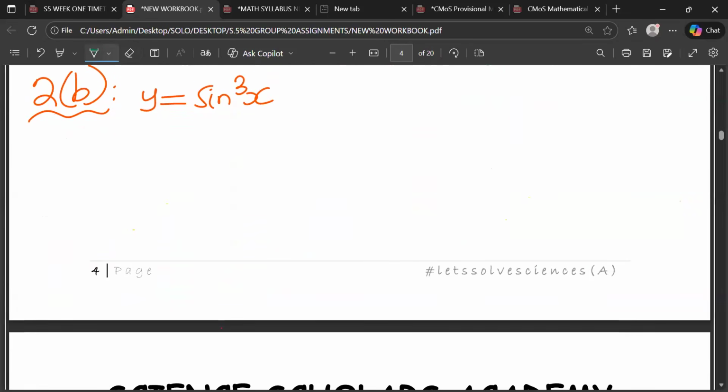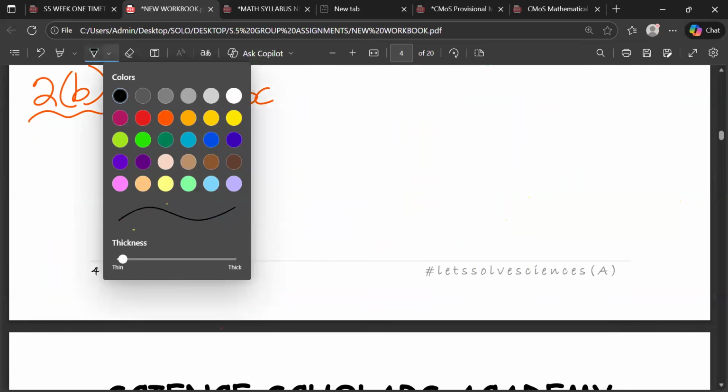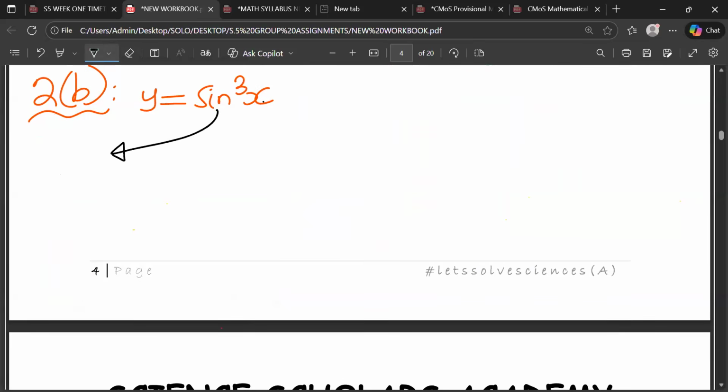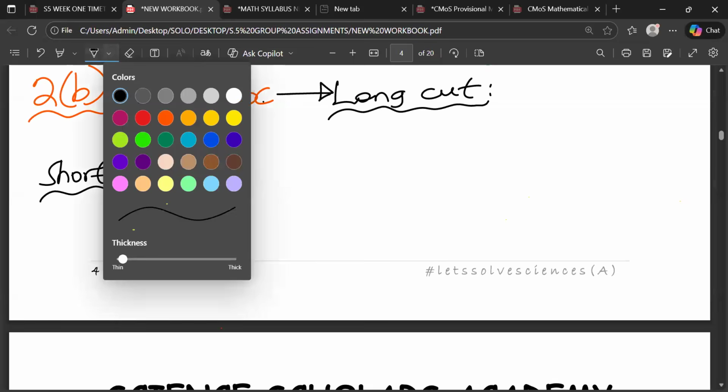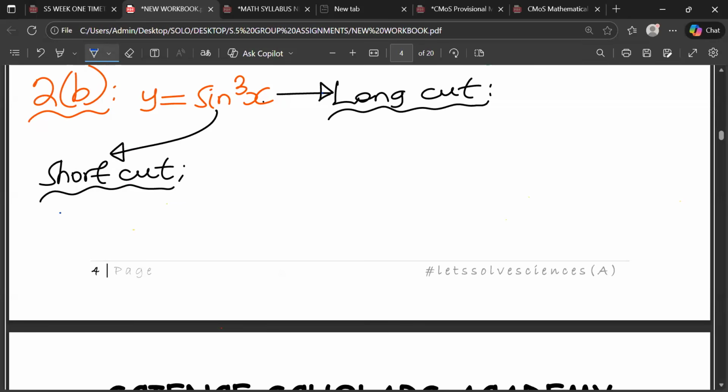Okay. Now, for this number, I want us to use this part for the shortcut. For the doctors, those who don't want to waste time, those who want to become doctors. Those who want to become teachers will use the long cut. They want to prove everything to students. What happens when you use the shortcut and then you fail along the way? So with the shortcut, the very first thing you're supposed to do is to rewrite and say